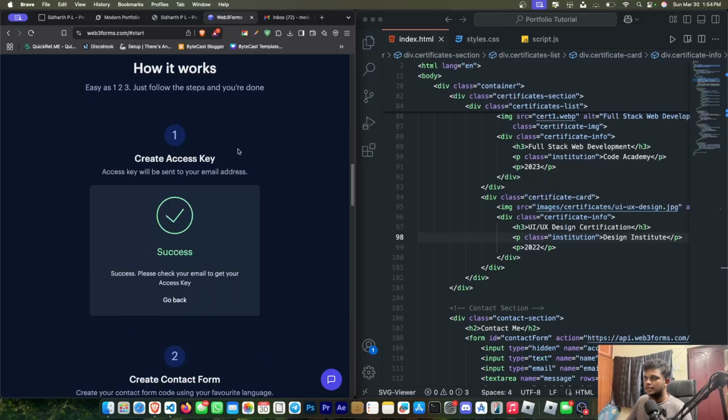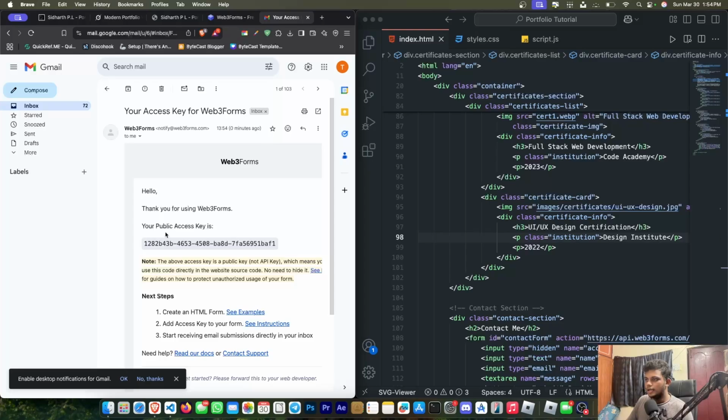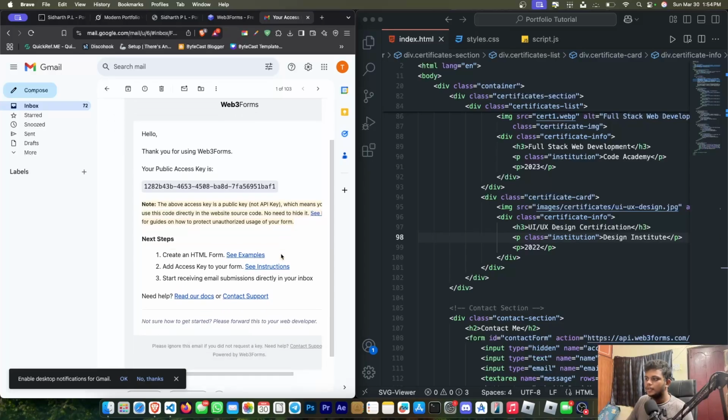Once you do it, we can see a success card here. And if we go to our inbox, we can see we have received a mail, and this is your public access key. This is not an API key actually, which means you can use it directly in the source code. There's no need to fear data leaks. So I just copy that